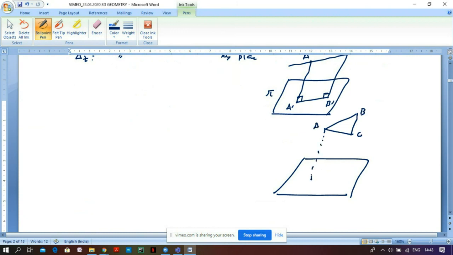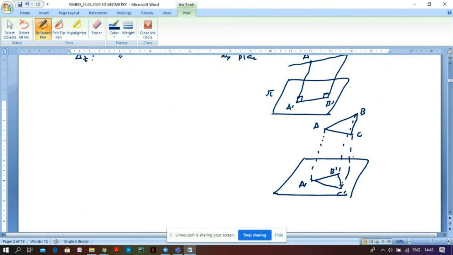I can draw a foot perpendicular from A here. Then from B, I can drop a foot perpendicular. So something like this it will go. And from C also I can draw. And then this diagram is there. So this is A prime, this is B prime, and this is C prime. So I say A prime, B prime, C prime is the projection of triangle ABC on the plane, or onto